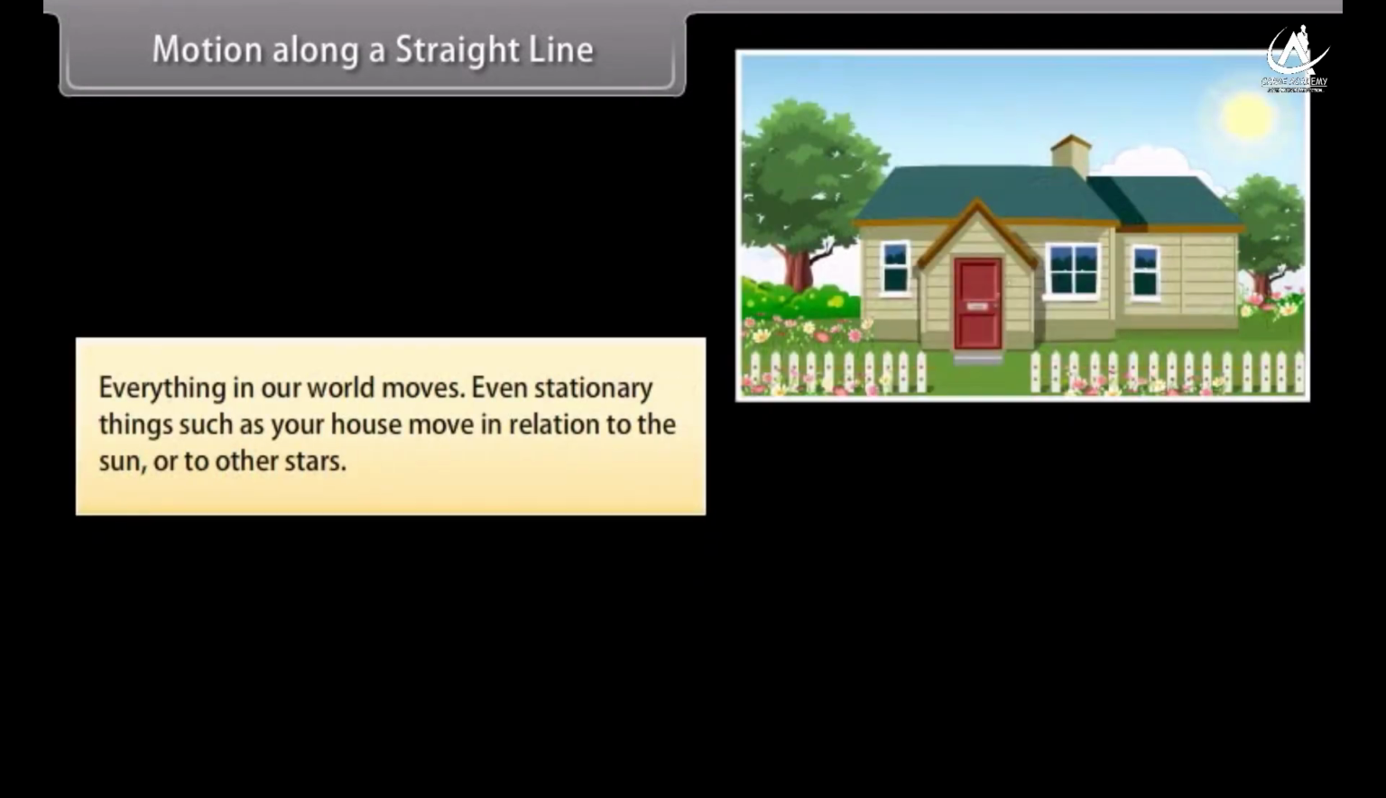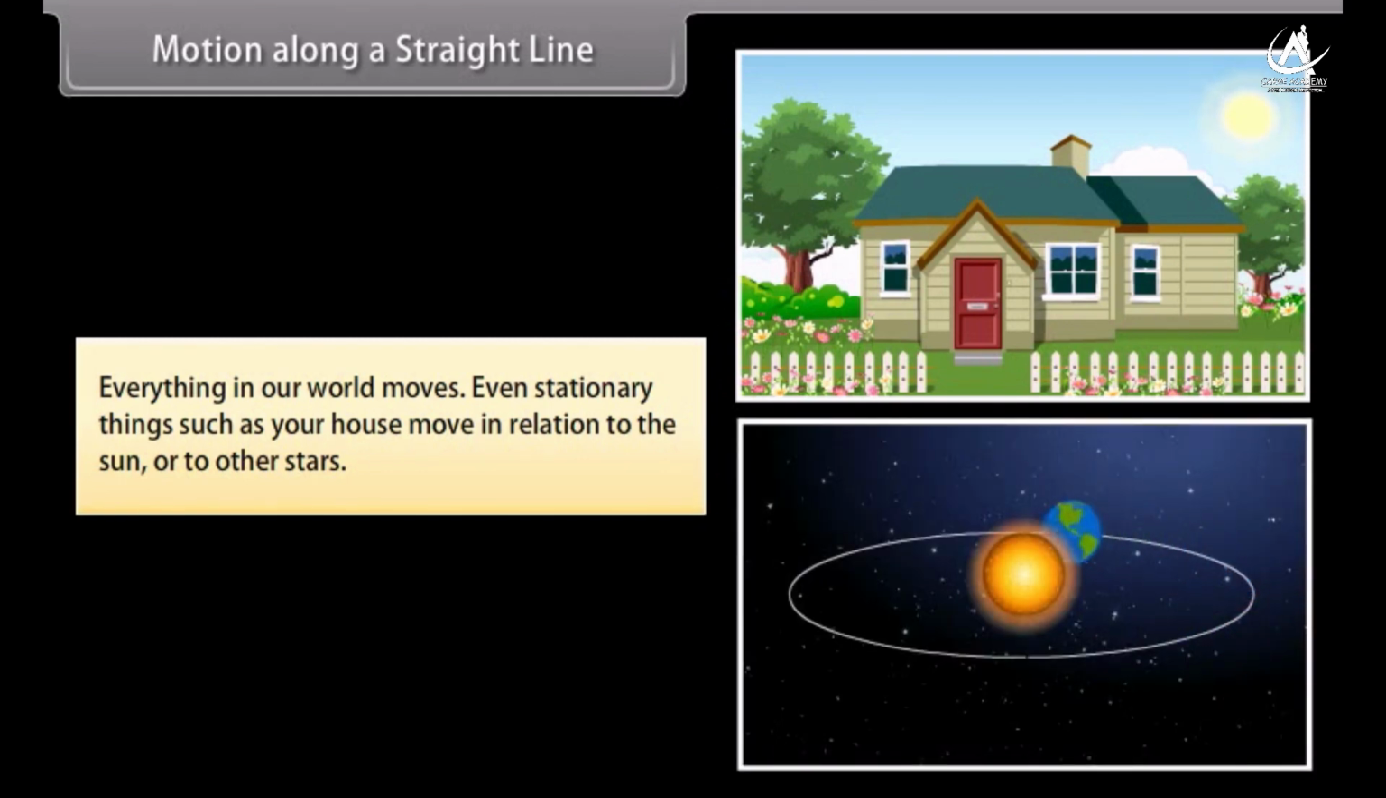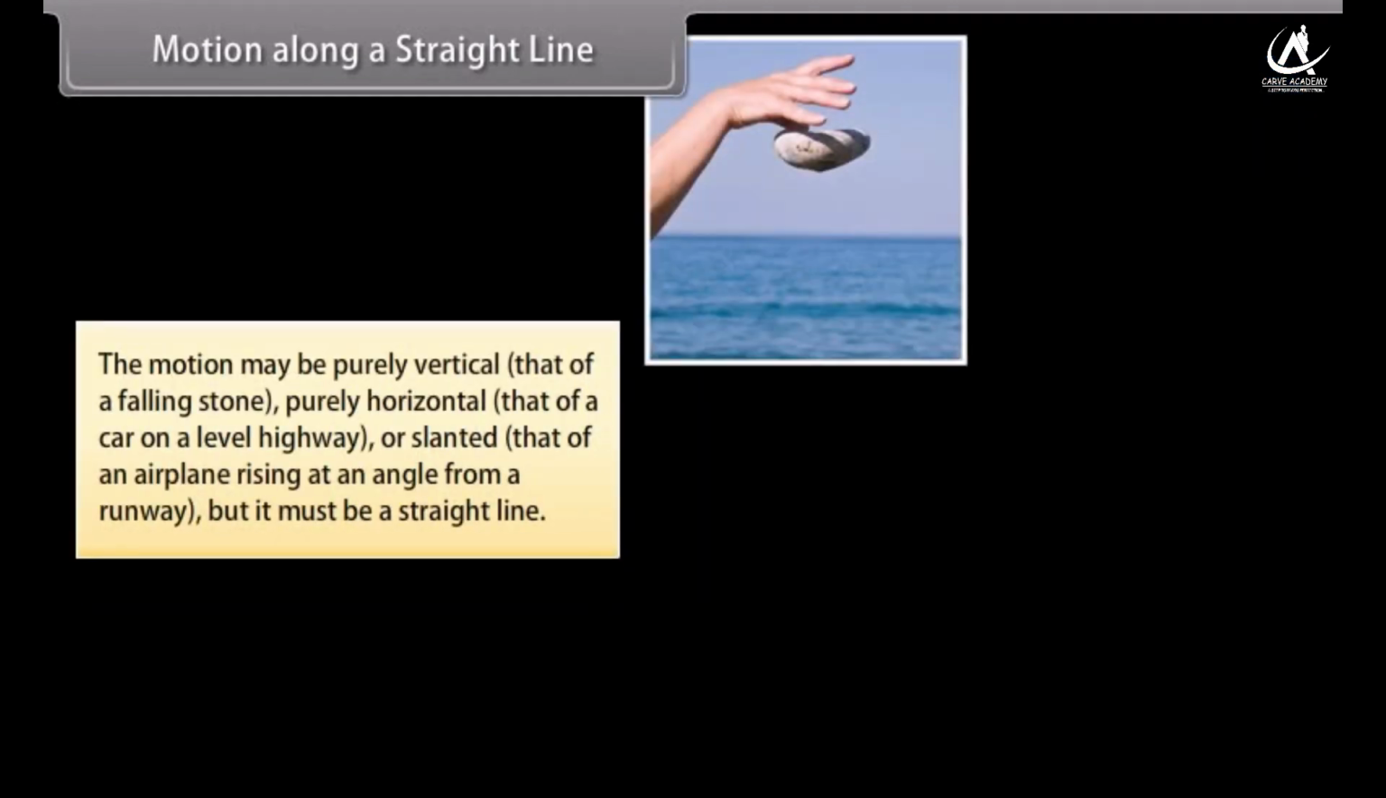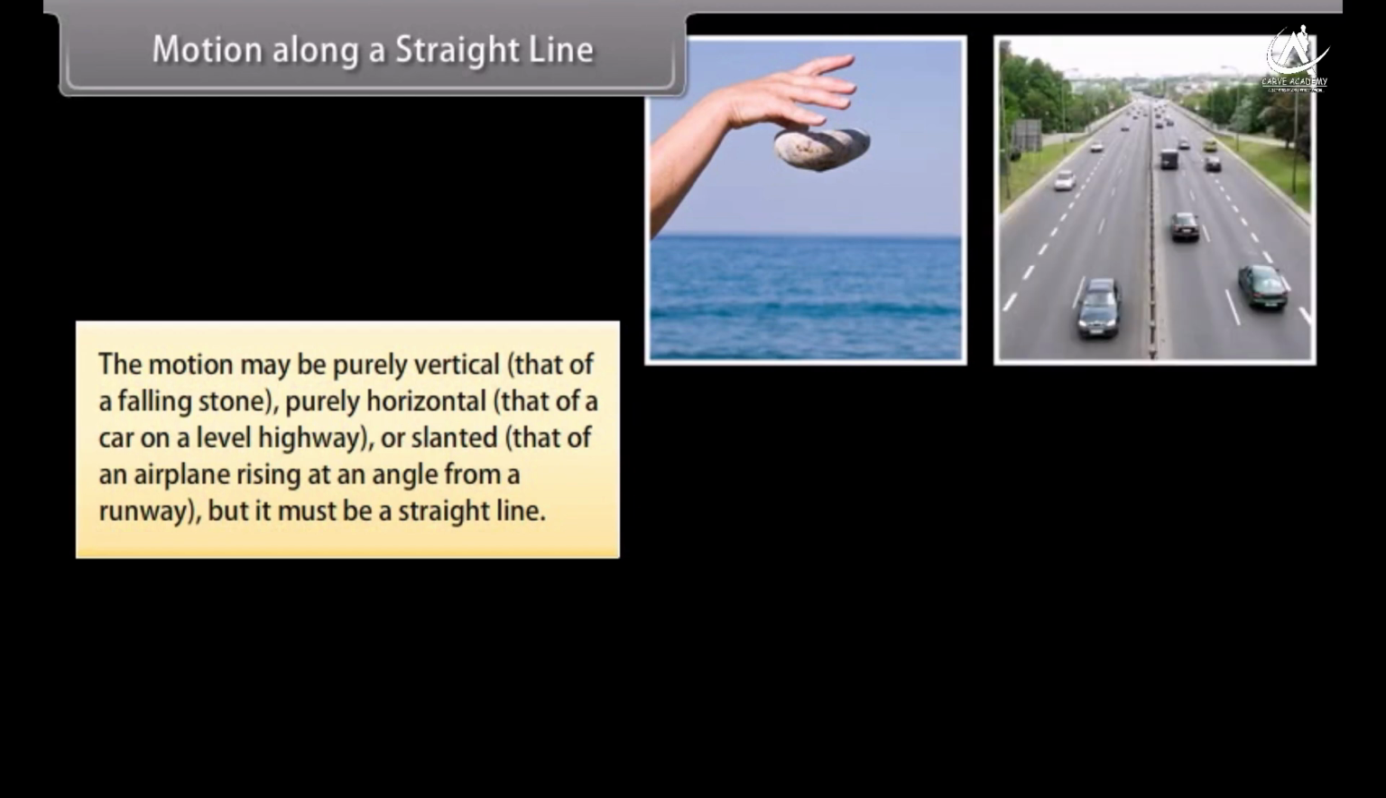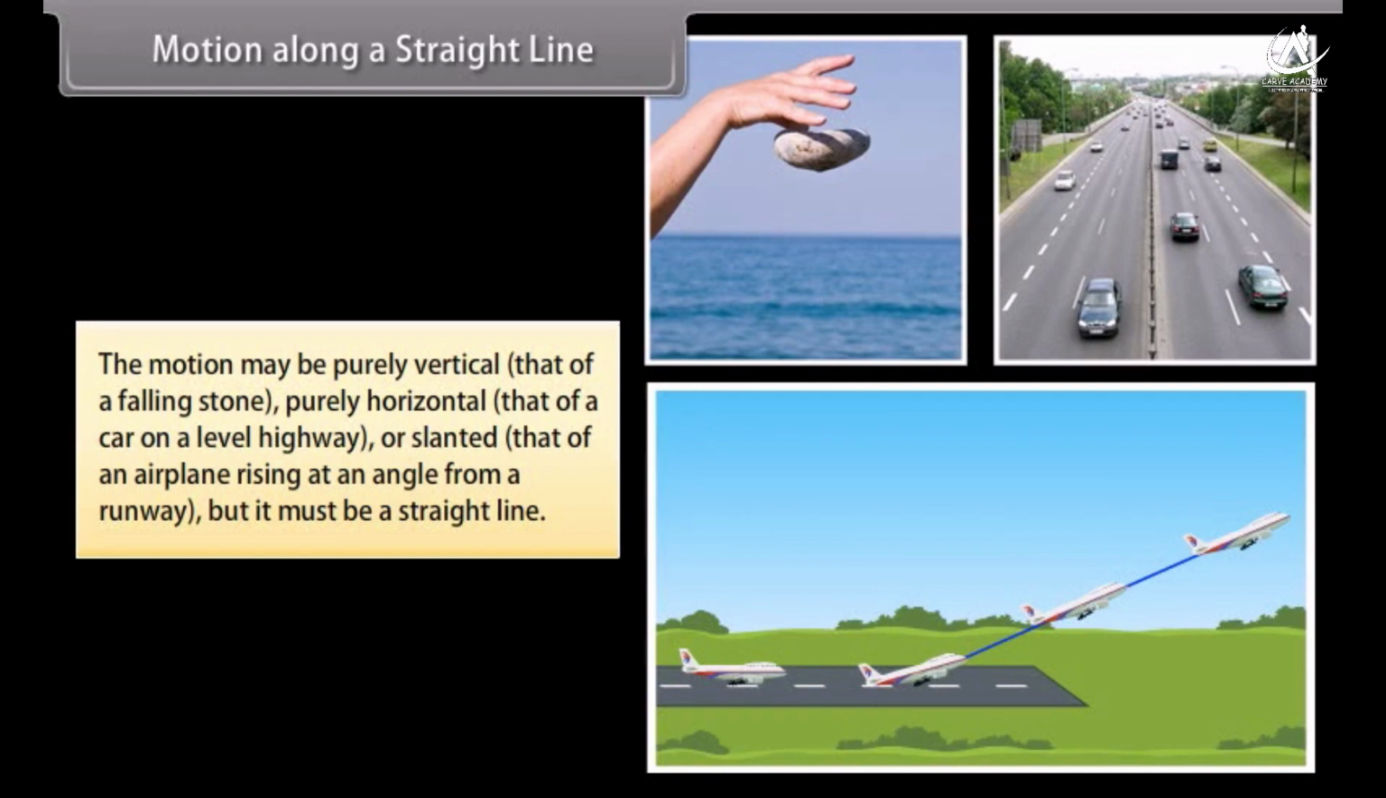Motion along a straight line. Everything in our world moves. Even stationary things such as your house move in relation to the Sun or to the other stars. The motion may be purely vertical, that of a falling stone, purely horizontal, that of a car on a level highway, or slanted, that of an airplane rising at an angle from a runway, but it must be a straight